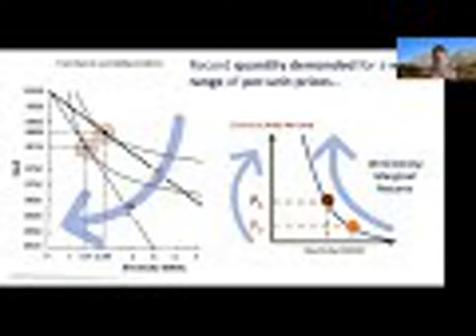But I could ask you, as I do in the homework, if there's a good out there and price increased by 2%, but the quantity demanded decreased by 4%, what is the price elasticity of demand? In that case, you're effectively using this thing over here, because I've given you the delta Q over Q.